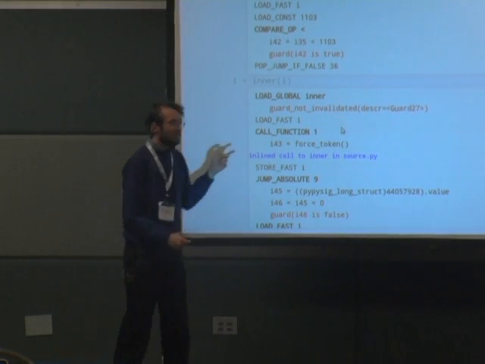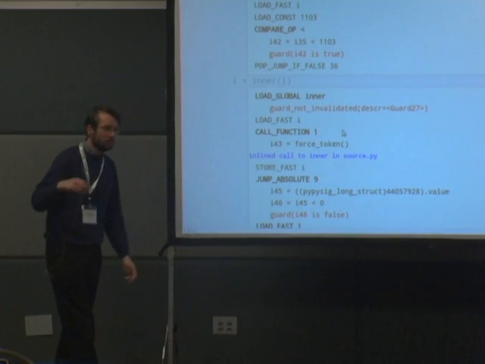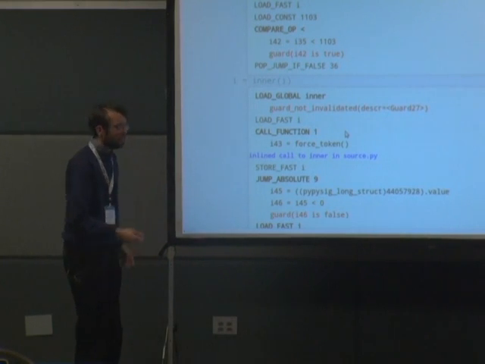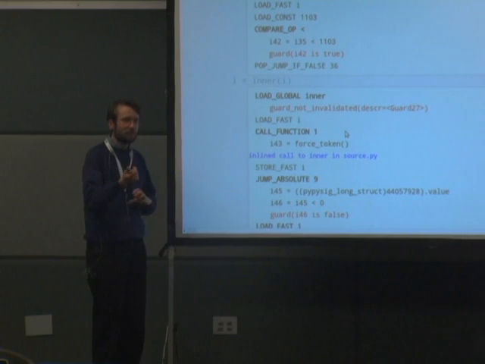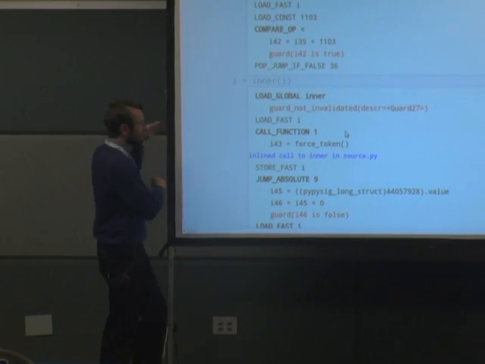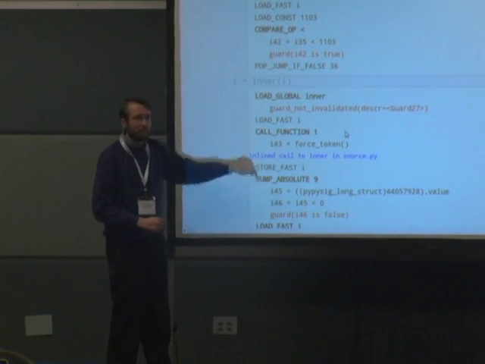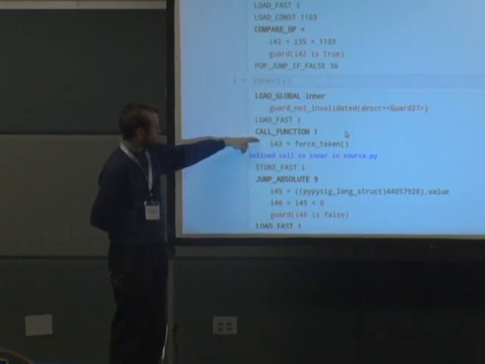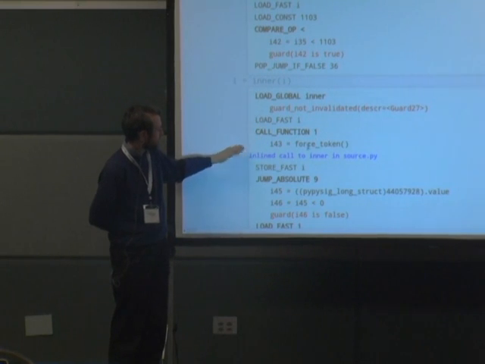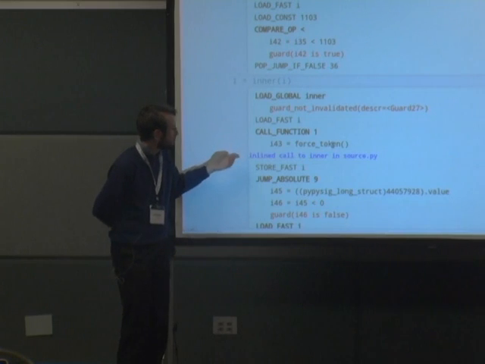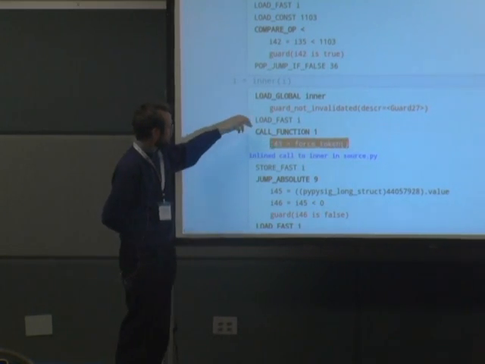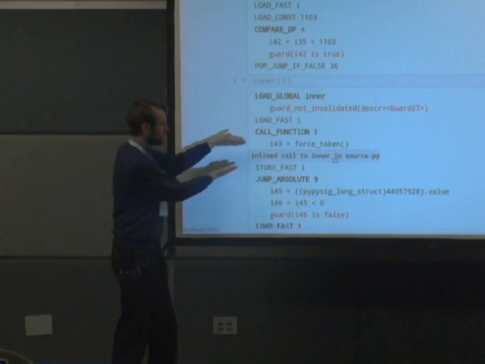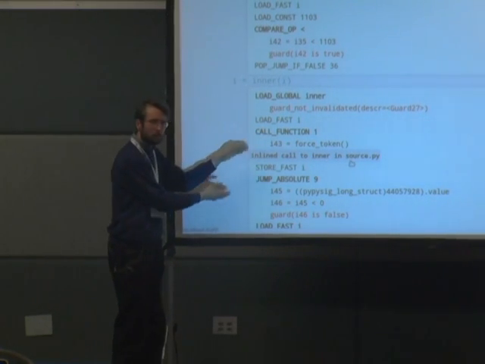So if by any chance some random code somewhere else changes this global, things will still work, because at the point when this global is changed, it will patch this assembler to make it invalid. Here you have the call function, and the called function is actually inlined in the source code, but that's only for display purposes.